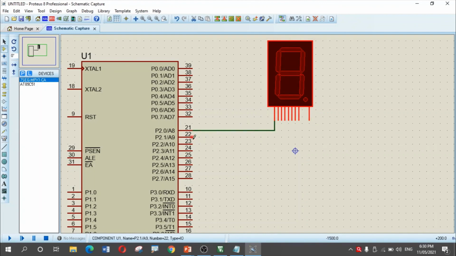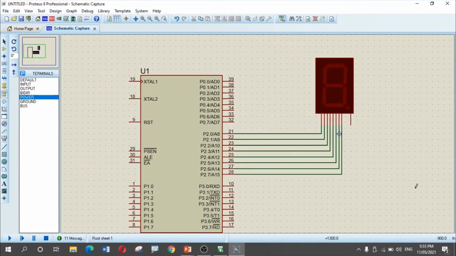Similarly, click P2.1 and connect it to the B segment. Once all 8 port pins of port 2 are connected to the individual LEDs of the LED 7 segment display, the remaining pin is the common anode and it should be connected to VCC. For that purpose, I will click the terminals, click the power, double click it and connect this terminal with VCC.